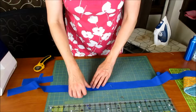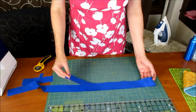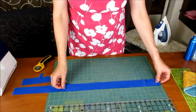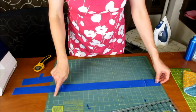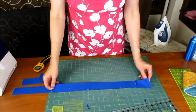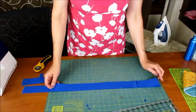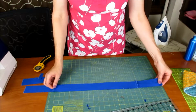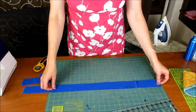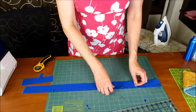So I'm actually going to take this and fold it in half, not in half, a little bit more, because I need to hit 46 inches. So I just kind of play with this. Right here on my table is my 23, so I want to get this in here and then just slide this down until it hits the 0 side. So if I move it like this, I'm good. So I'm just using my mat just to get it laid out,